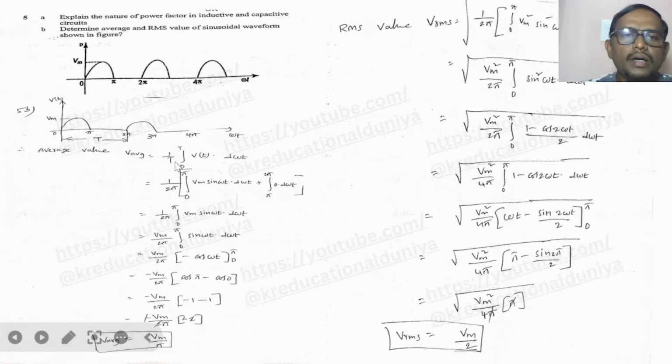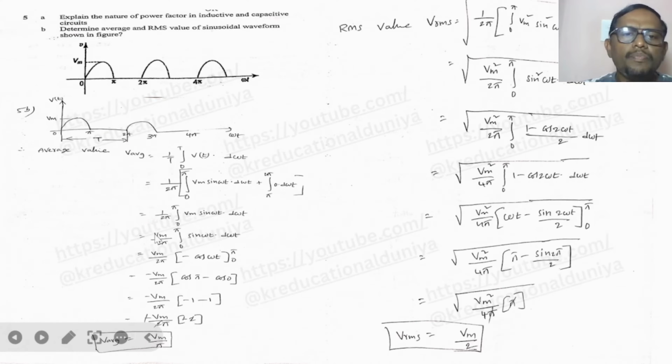So here 1 by 2 pi integral 0 to pi, and for this 0 to pi, this is a half sine wave. So Vm sine omega t d omega t plus, from pi to 2 pi I am taking the integration. From pi to 2 pi there is no waveform, so 0 into d omega t. So this term will become 0. And equal to 1 by 2 pi integral 0 to pi Vm sine omega t d omega t